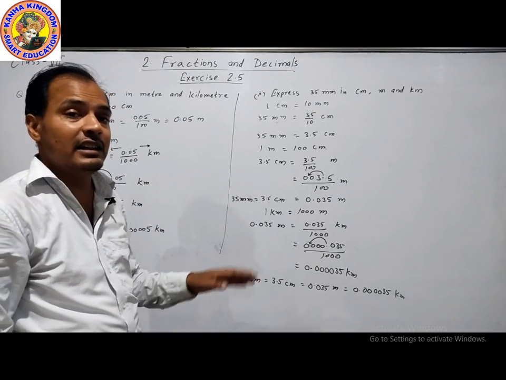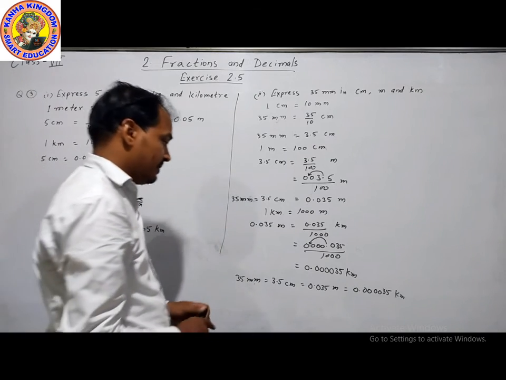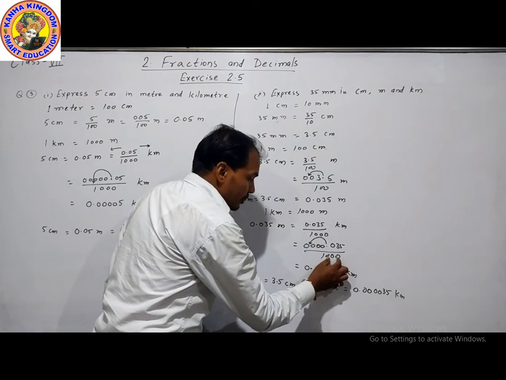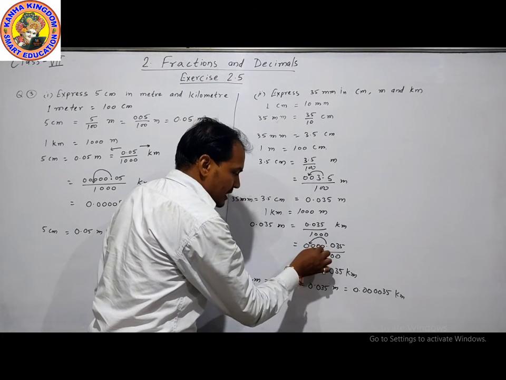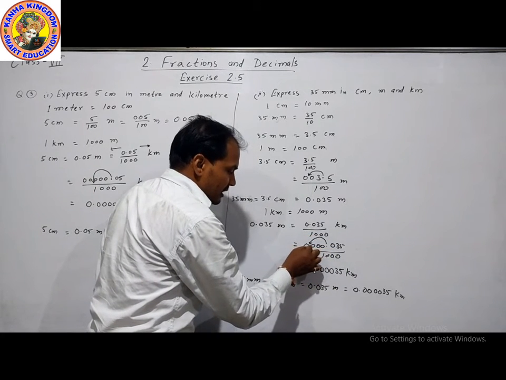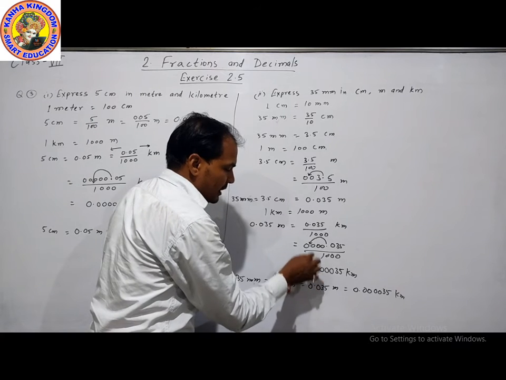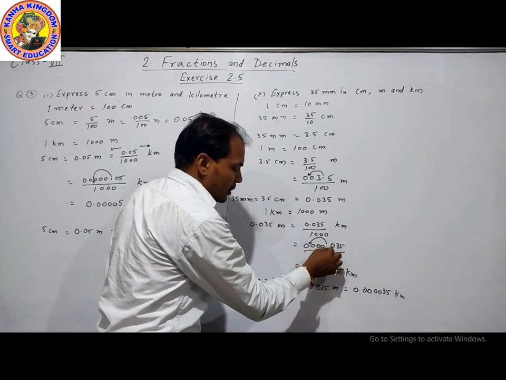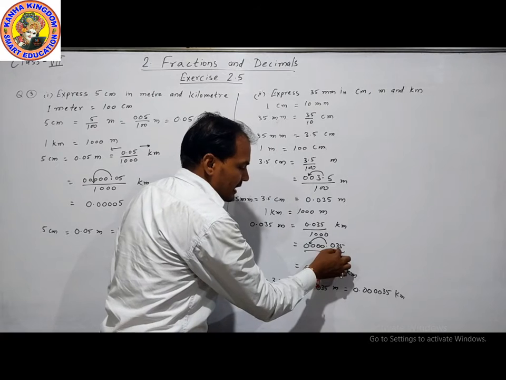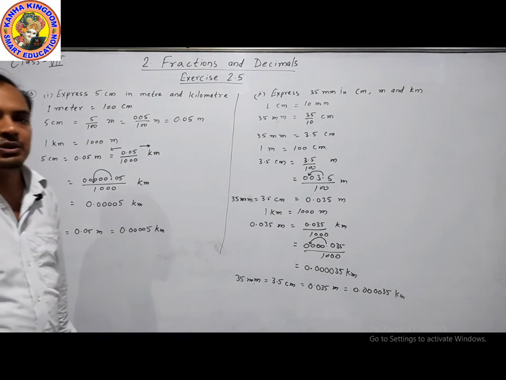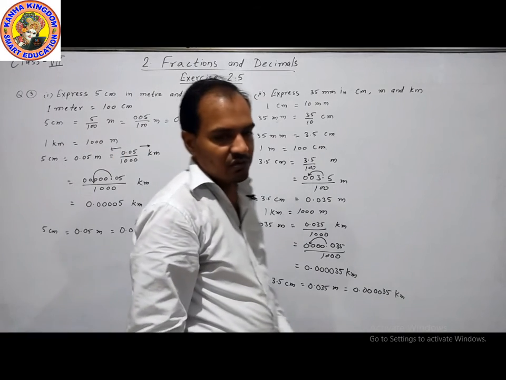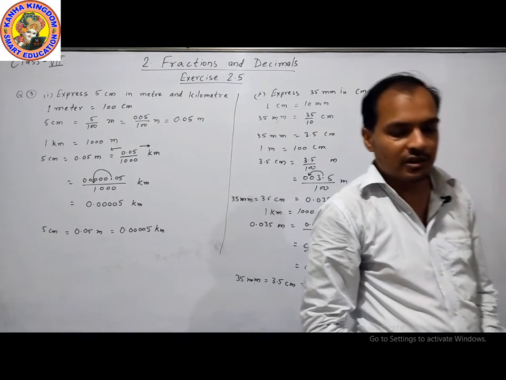In integer part, at left side we can add zeros. Now in denominator we have 3 zeros, so decimal point will shift by 3 numbers, 1 2 3. Here came the decimal point, so 0.0000, 4 times 0, 1 2 3 4, then 3 and 5. This is our answer. You can take a screenshot of this. We will move to our next question.